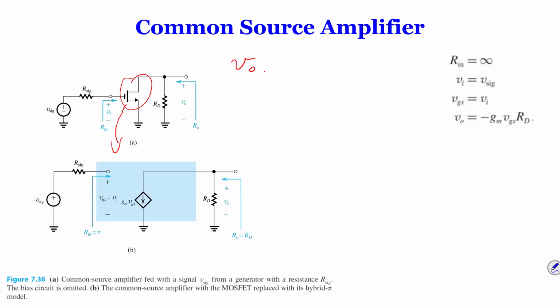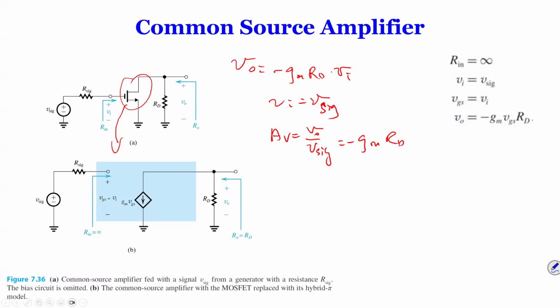you guys know that we have VO equal to this RD times GM times minus GM times RD times VI, which in this case is V sig. So your AV is VO over V sig is minus GM times RD. So that one, we already did it. But I think the step is that how do you find the